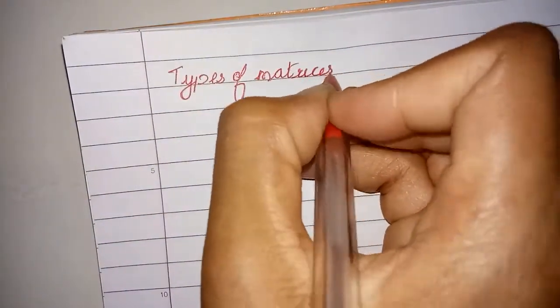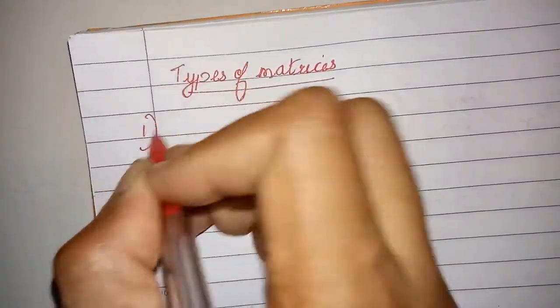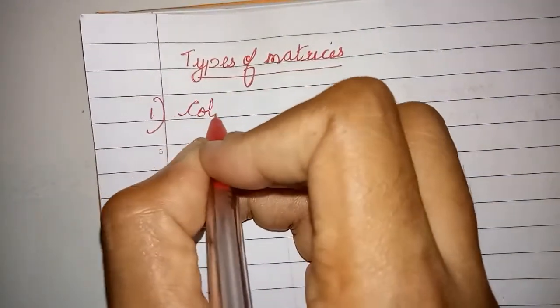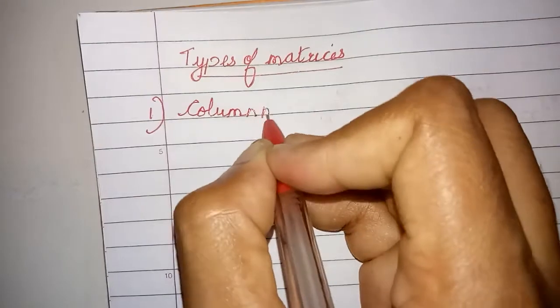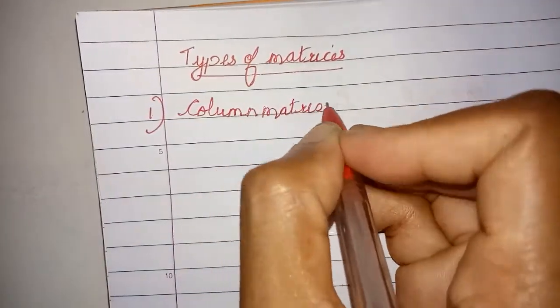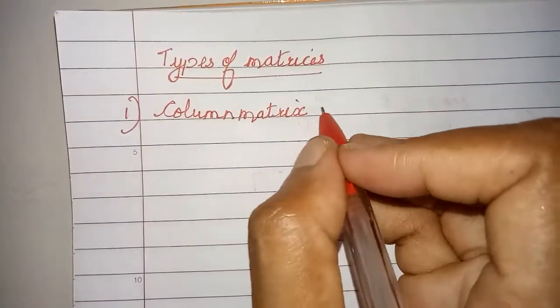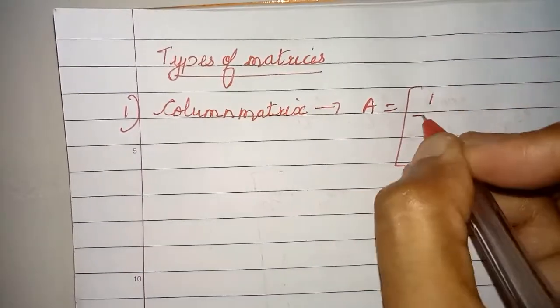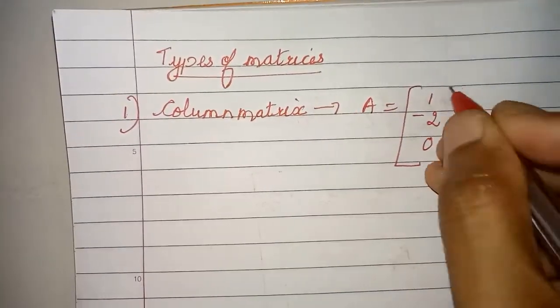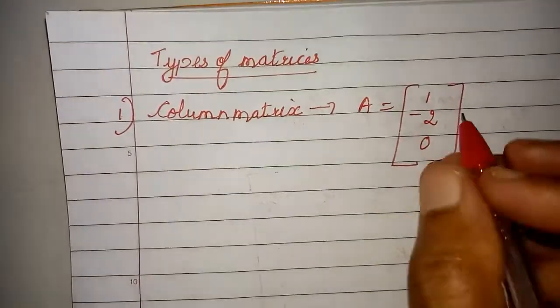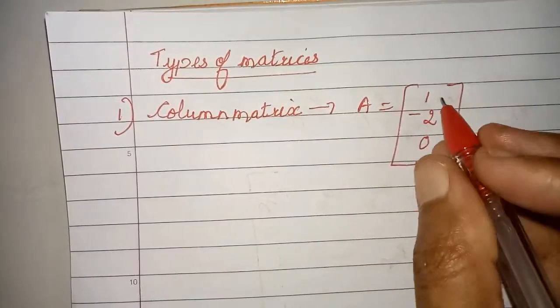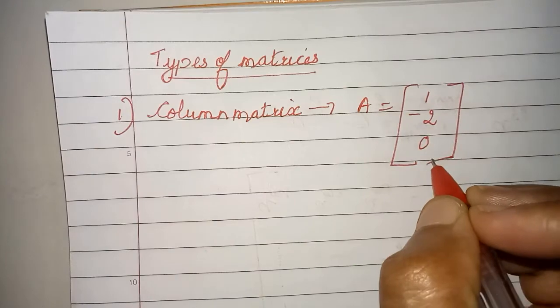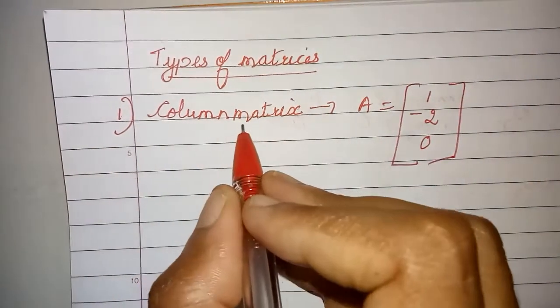So types of matrices. The first type of matrix is called a column matrix. What do you mean by column matrix? Let us see. A column matrix is a matrix which is having only one column. For example, minus 1, 2 and 0. How many columns are there? One. Even though there are 3 rows, since it is having only one column, it is called a column